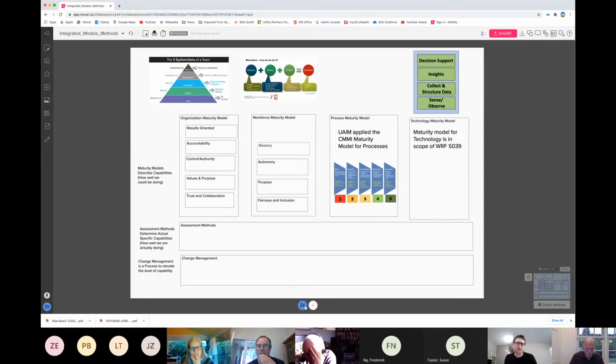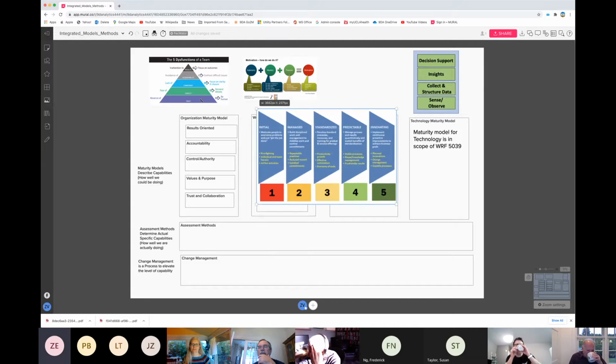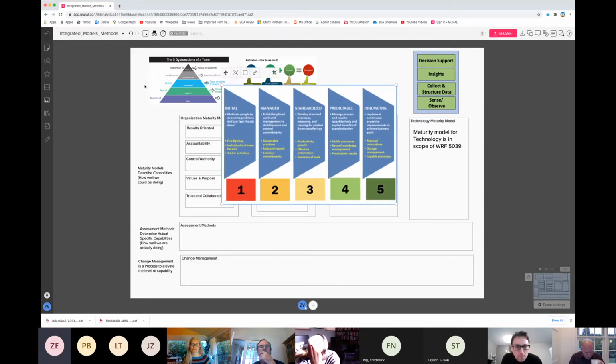At this step, what we would produce is maturity models that say, okay, these are the characteristics of how we have here, for example. We will produce the equivalent of this for these other components. It's something that says these are the characteristics if you're not doing so well, and these are the characteristics if you're doing really, really well, so that we know how to recognize it.